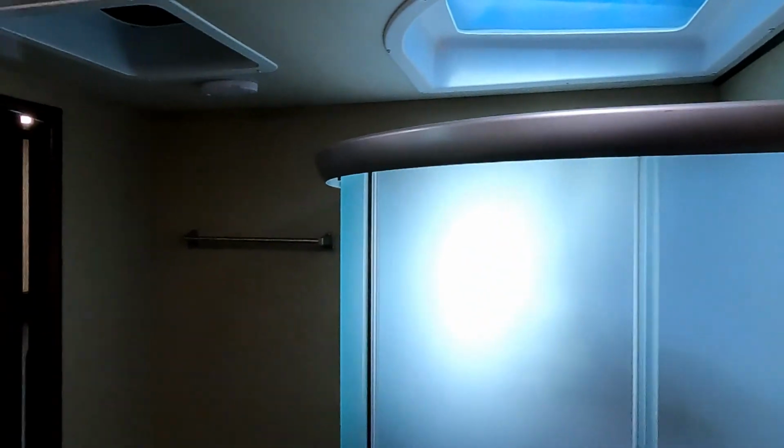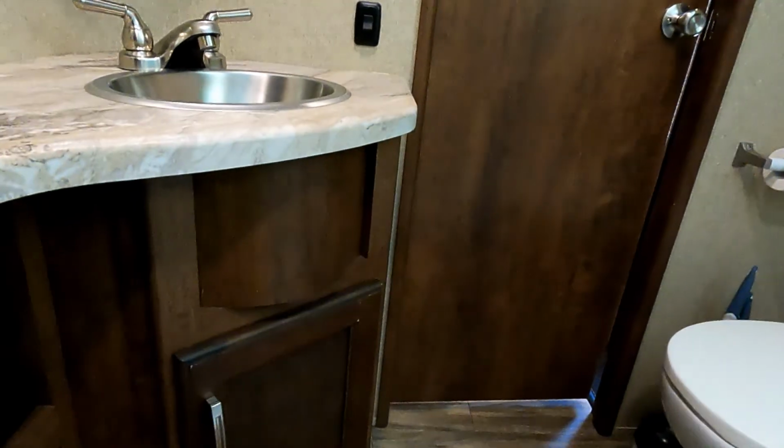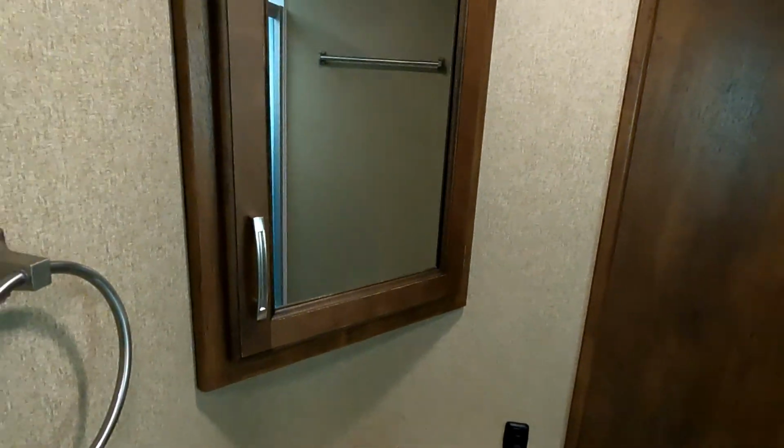Coming here into the bathroom, we have the radius shower with lots of elbow room and lots of height for just about anybody, no matter how tall they are. Nice storage here underneath the vanity, as well as in this corner medicine cabinet, with a towel bar